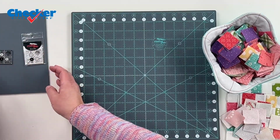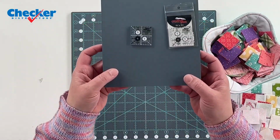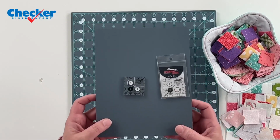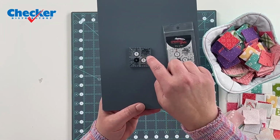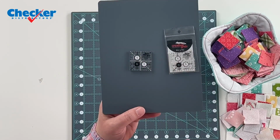I'll put this on the gray board so you can see it a little bit better. There's a delayed reaction, so as I move, I've got to just breathe a second. There we go. So you have got 1 inch lines and 1/2 inch here for the seam allowance, but you